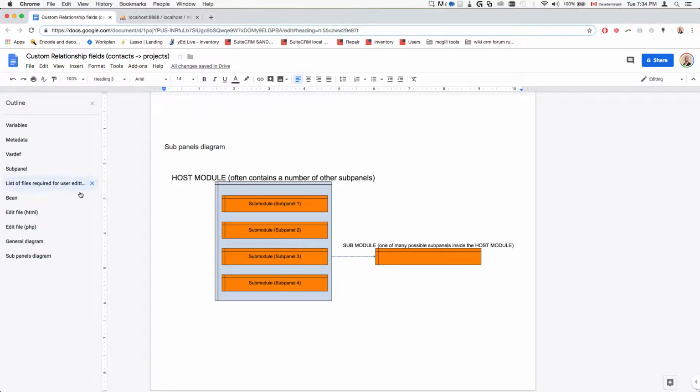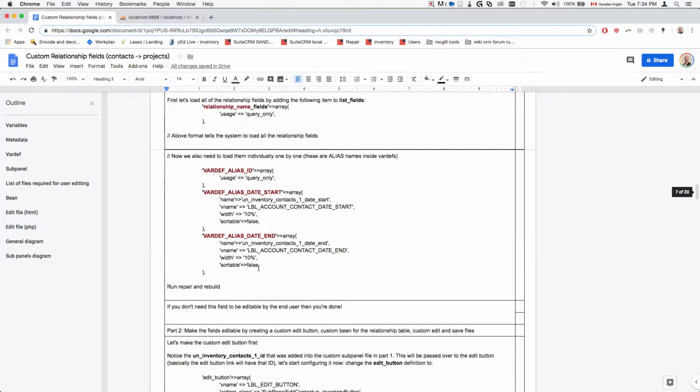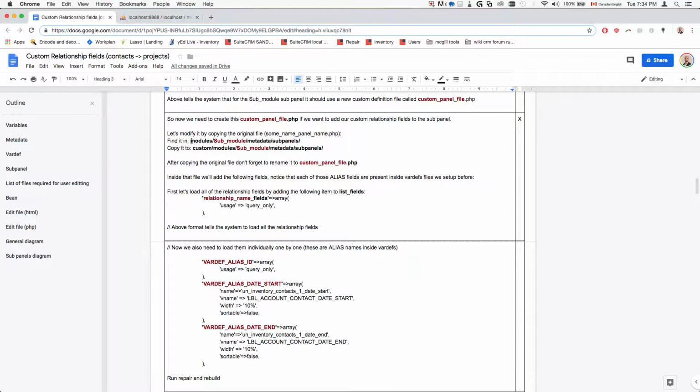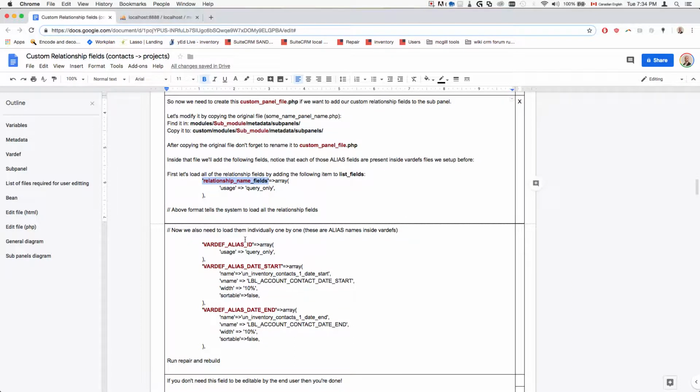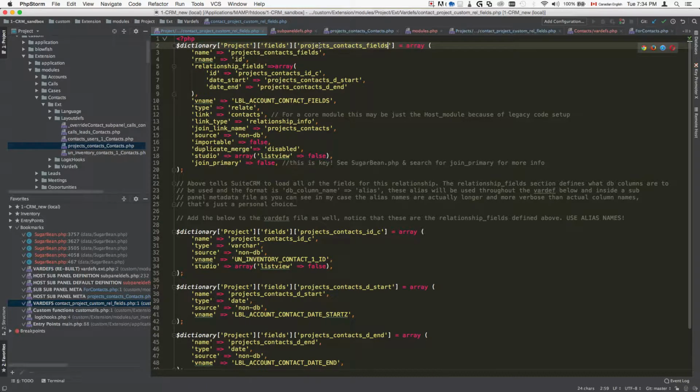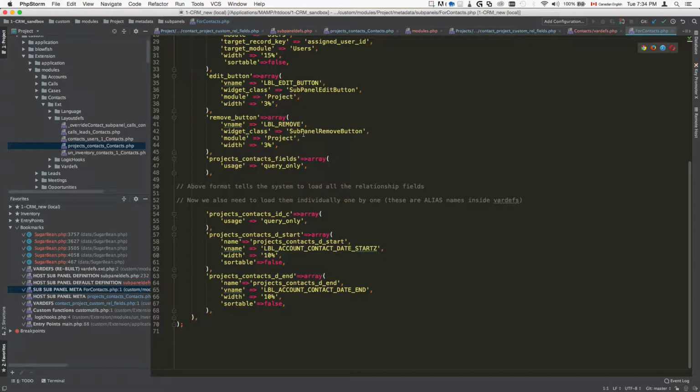Right? So once we copied over, I hope I'm not going too fast, but once we copied over this file to this file, we're going to rename it from default.php to your custom panel file.php. We're going to rename it to this file here, and then we're going to basically go ahead and grab the exact same values that we had in vardefs and copy them over. So we're grabbing this and we're putting it in our file here at the bottom. So we're going to put it here. So the project contacts